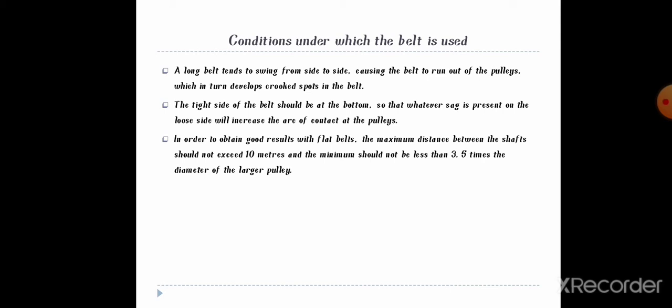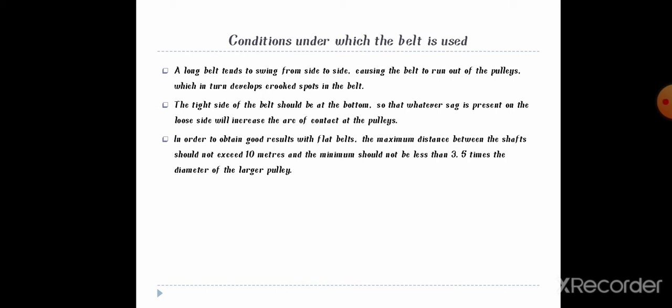The slack side of the belt should generally be placed at the bottom of the arrangement so that the sag is present on the loose side, which increases the arc of contact of the smaller pulley. In order to obtain good results,